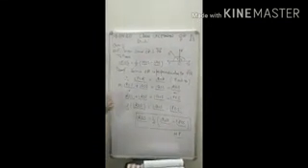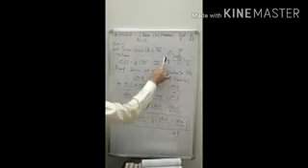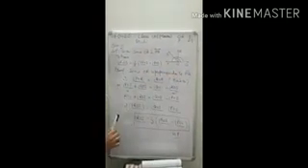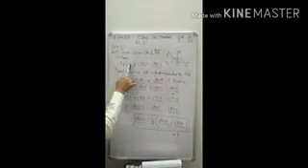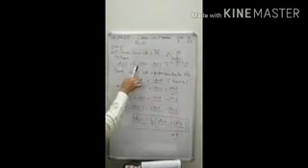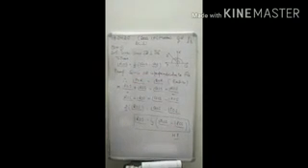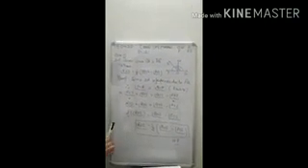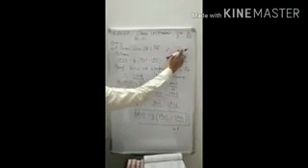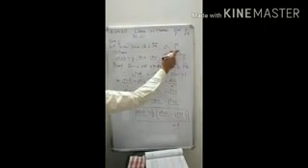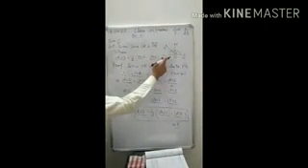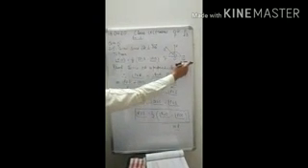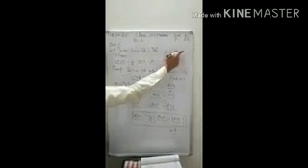Let us once more revise it. In this question, we are given that OR is perpendicular to line PQ, and we have to prove this identity: angle ROS is equal to half of angle QOS minus angle POS. So start from the given, as OR is perpendicular to line POQ. Therefore the measure of this angle and the measure of this angle will be the same. So the measure of angle POR will be equal to the measure of angle QOR. Both angles will be 90 degrees.